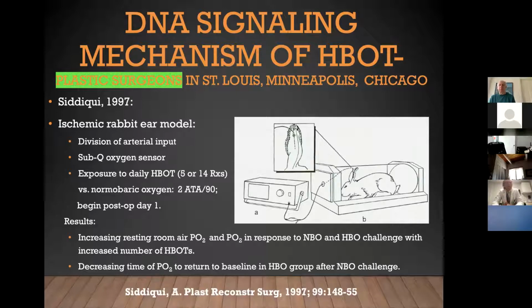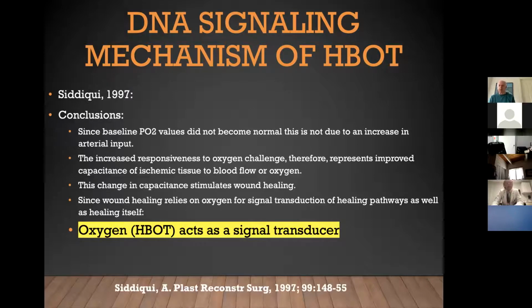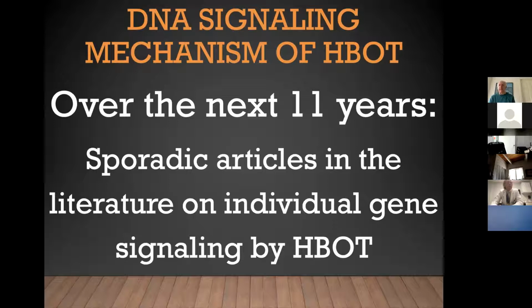And what they found was the ischemic tissue reacted in a certain way. But if you stimulated it daily with hyperbaric oxygen, its handling of oxygen changed, the entire physiology of it. And their argument was that this was changing it at a DNA level, and how the genes were expressing and affecting metabolism of oxygen. And like I said, it's kind of a convoluted argument. And the whole medical profession kind of looked at it, especially hyperbaric, and just yawned. But the conclusion was that hyperbaric oxygen was a DNA signaling agent, similar to just normal baric oxygen and growth factors. And what ended up happening subsequently over the next 11 years is that sporadic articles appeared